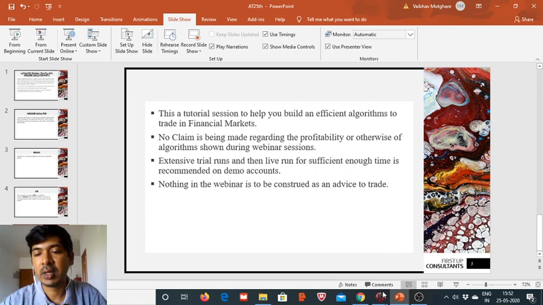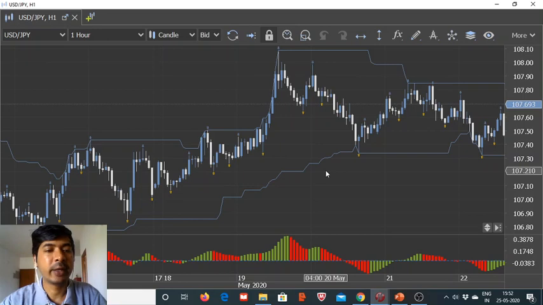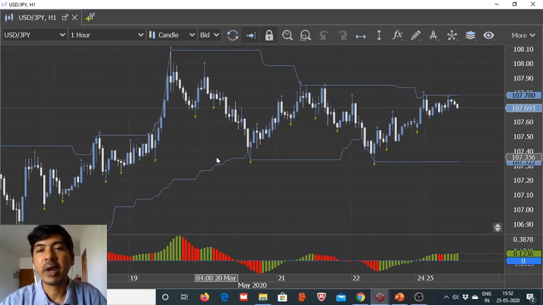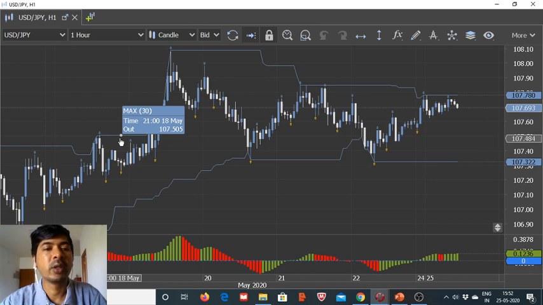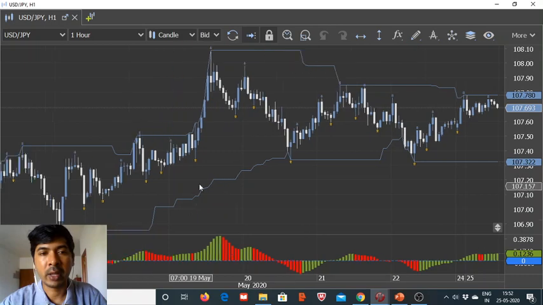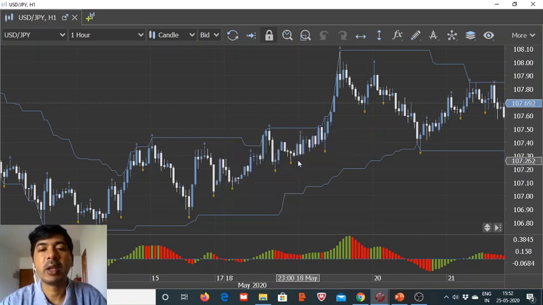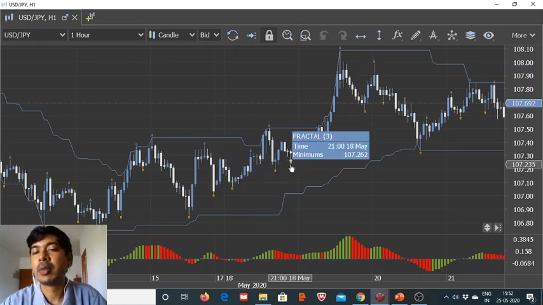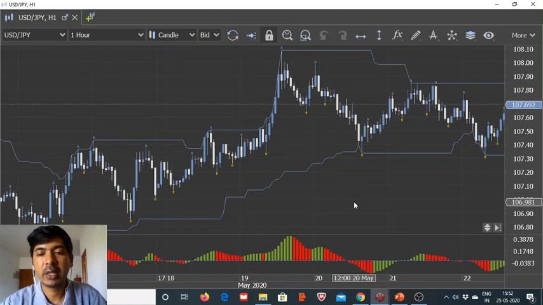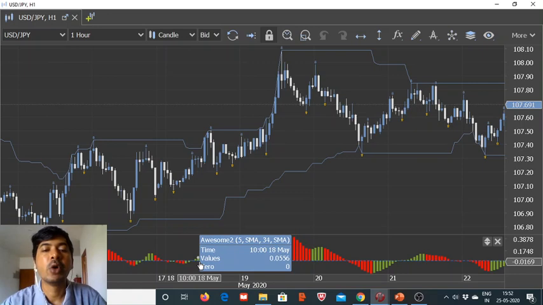With that note, we go back to the chart to see what we are trying to achieve. I had explained to you the setup in Friday's session. It is fairly simple. We simply want the buy trade to happen when the maxima and the minima, both these values are rising. Along with that, we will be taking into account this bearish fractal, the minimum value, and we will need the last hourly candle to have closed higher than this recent minimum value. And with that, we also need the awesome oscillator's positive values to be rising, so that only during the initial